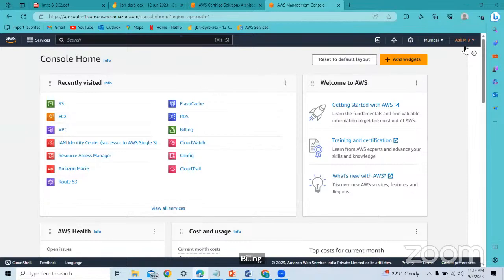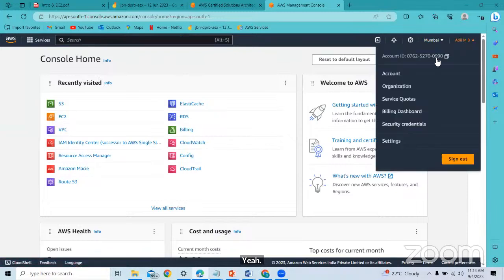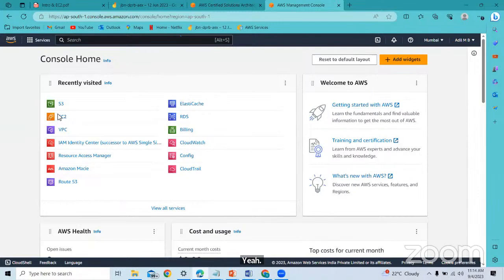I will show you that once we deploy any services, because if you set up the billing alert now, you won't get to know. Once we deploy any EC2 or VPC, I'll show you how to create an alert for that. Okay. Any other doubt, guys?